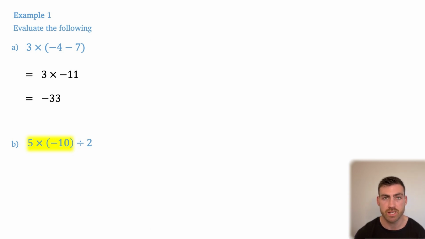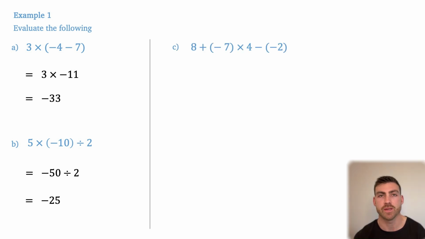So first completing 5 times -10, this equals -50. And for our next line, we bring down any operations we haven't completed yet. Now we have -50 divided by 2. This equals -25. In example C, I know this looks complicated, but let's go through the order of operations and